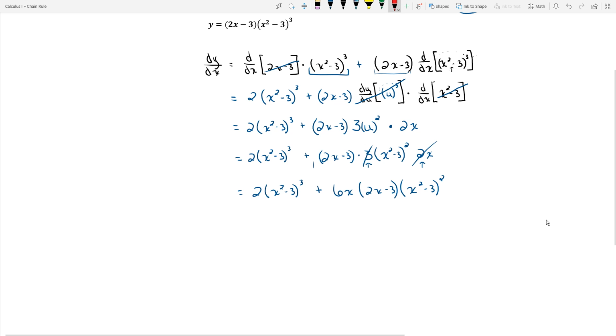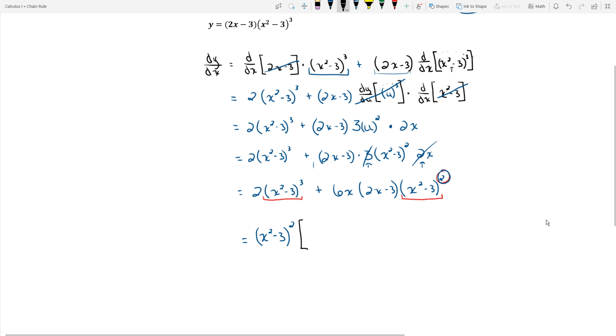And in looking at this, we can see that we have an x squared minus 3 and x squared minus 3. And the most we can factor out of this is going to be x squared minus 3 squared. So we'll be able to take 2 out of there. So let's do that. So we end up with x squared minus 3, remember the exponent, multiplied by,